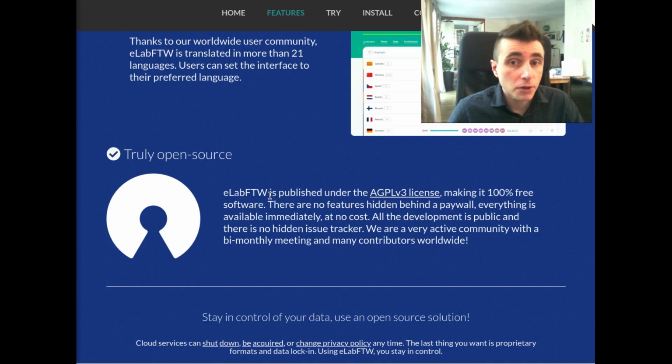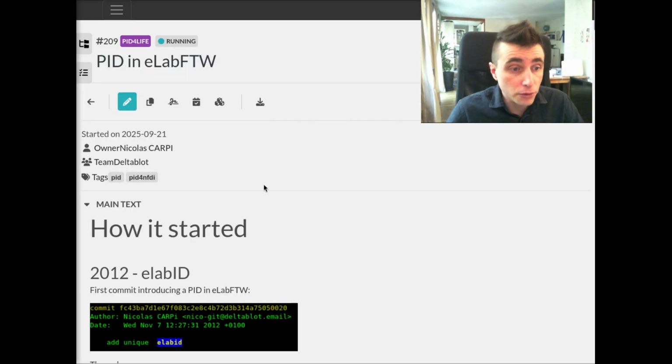Regarding the PIDs in eLabFTW, it started back in 2012, and I found the first commit in the commit log of myself introducing the first PID in eLabFTW, which I named eLab ID. Not a super original name, but it gets the point across.